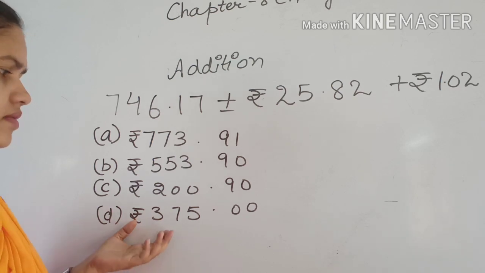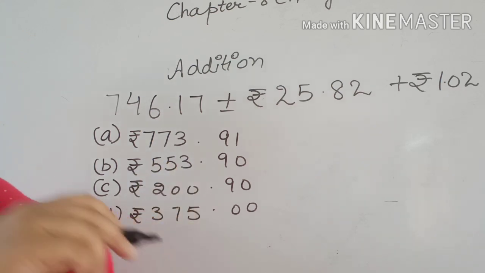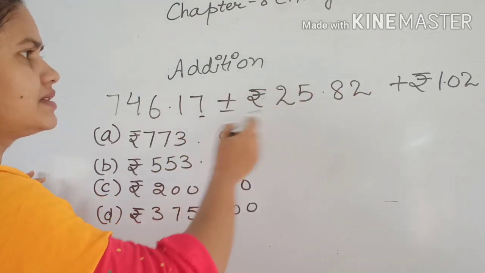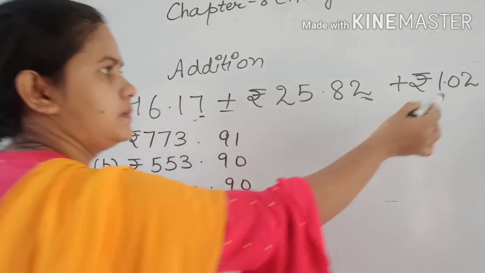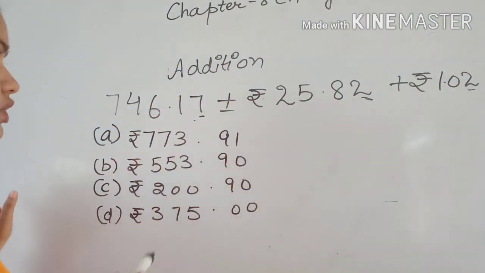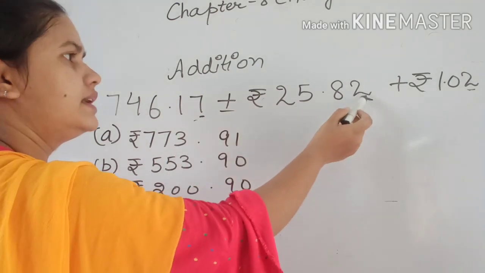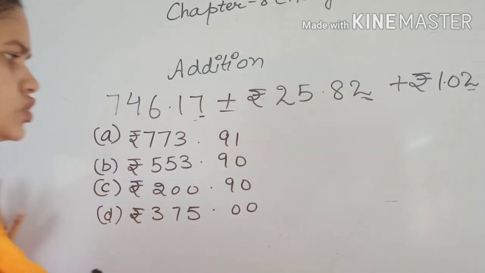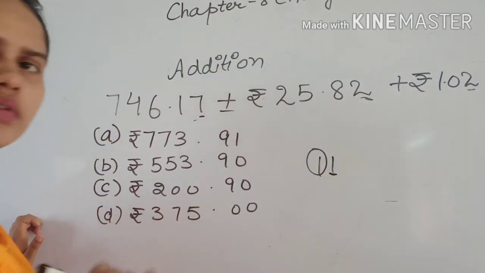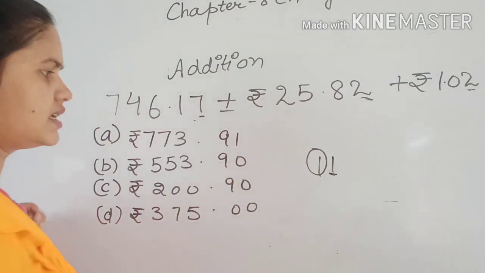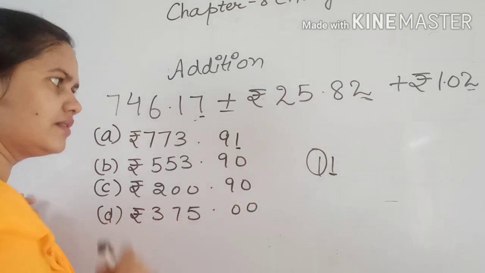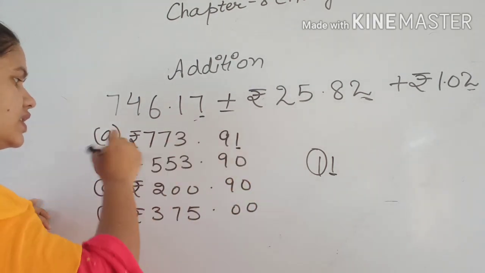So let's do it from the last numbers. So how can we find out? We can find out by our last numbers. The last numbers, you can see, are paisa. 7, 2, 2. Okay. 7, 8, 9, 10, 11. So 11, right? Which means 1 will be carry and 1 will be your answer. So here you can see which paisa has 1? Yes, here is 1. So which one is your right answer? This one is your right answer.